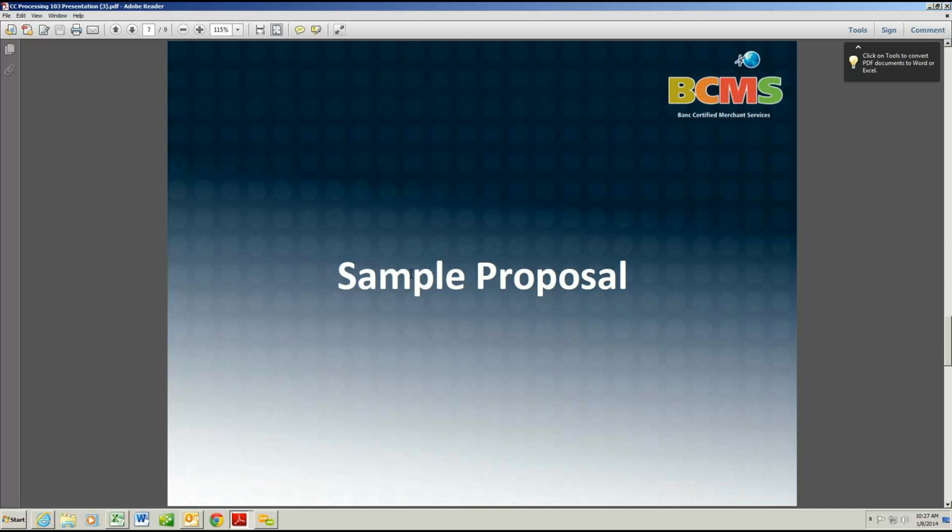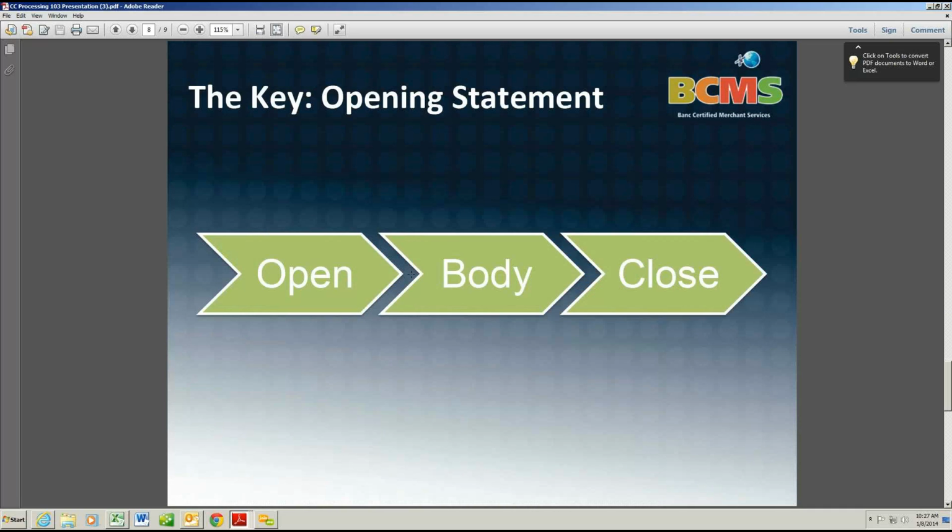We went over the sample proposals, and when you look at our presentation, really it has three components, like any sales presentation. There's an opening, there's a body, and there's a close. The most important part of our presentation is the opening. That is what you say the first 20, 30 seconds when you walk in the business or when you're on the phone calling the prospect, that he decides, I am going to listen to what it is that you have